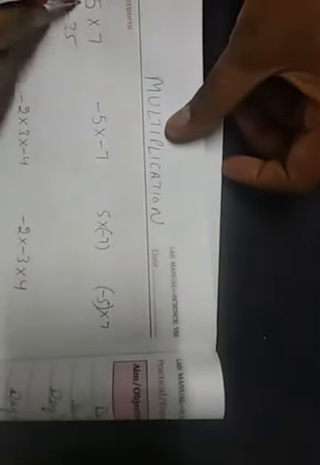Now multiplication. There are some sums and we will solve these sums and get an idea of multiplication. Here this is 5 and this is 7. These are both positive integers. Therefore positive multiplied by positive is positive, so I will write 35. Clear? Because 5 multiplied by 7 is 35, and positive into positive is positive. Now here in this multiplication, how many times is the minus symbol coming? 2 times. Remember, even times. Therefore the answer is plus, and 5 multiplied by 7 is 35.